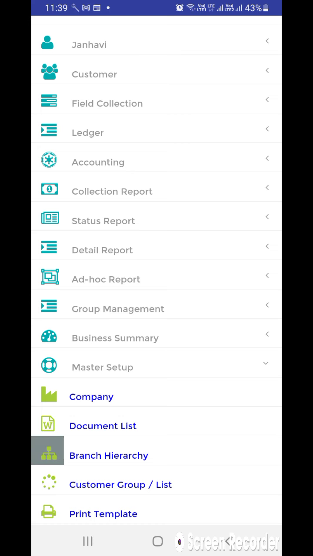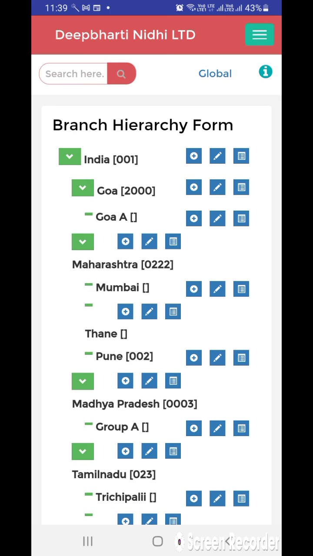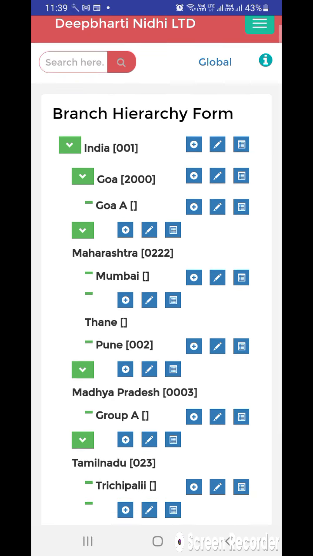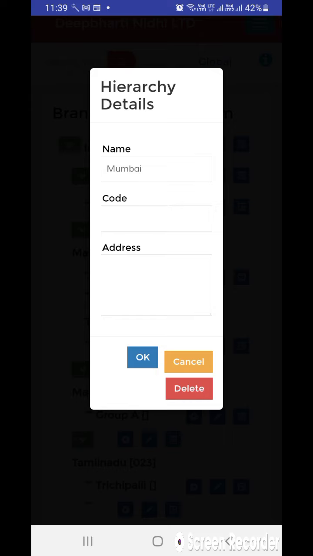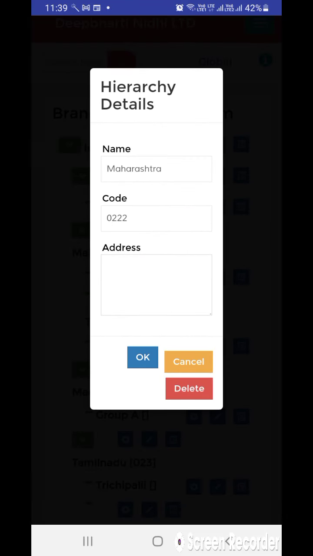Now let's go to the master setup branch hierarchy. Here you can see I have added some coding for the branch. Let's say for Goa, here I have added code 2000. Then for Maharashtra I have added 0222.